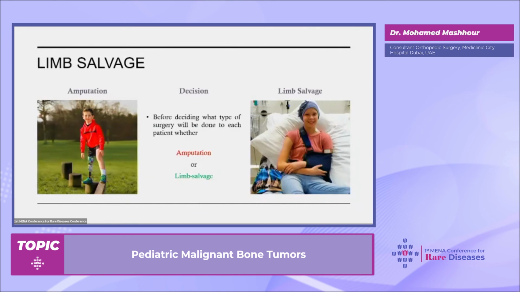But we need to always weigh our patients. The number one priority here is different than any other priority. It's patient survival. Number one for me is patient survival. This is how we should think. Number one, survival. Number 2, function. Number 3, cosmesis. So I'm not here as a plastic surgeon. I'm here as an orthopedic surgical oncologist. I need to do what's best for the patient in terms of, first, survival, number 2, function, number 3, cosmetic appearance.